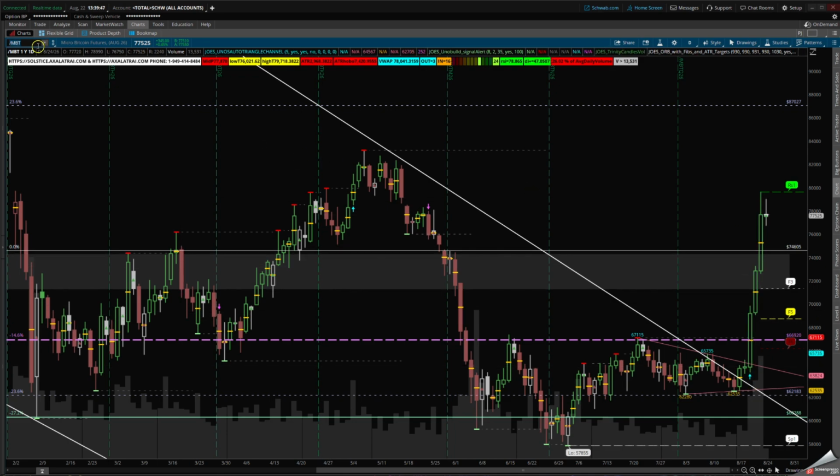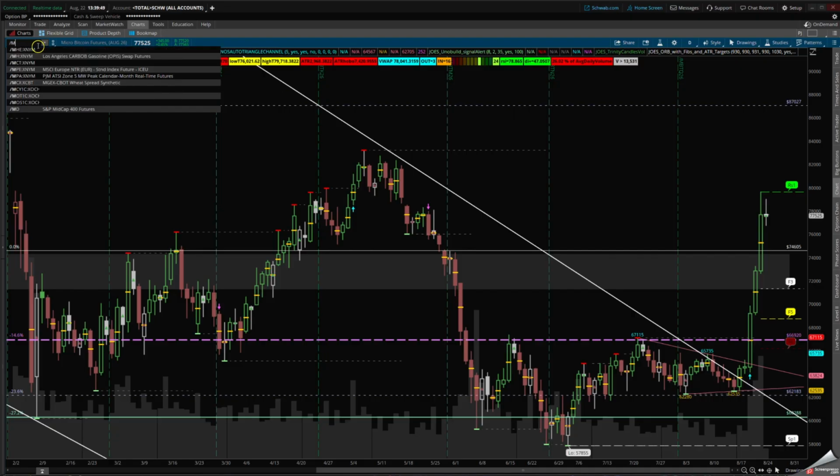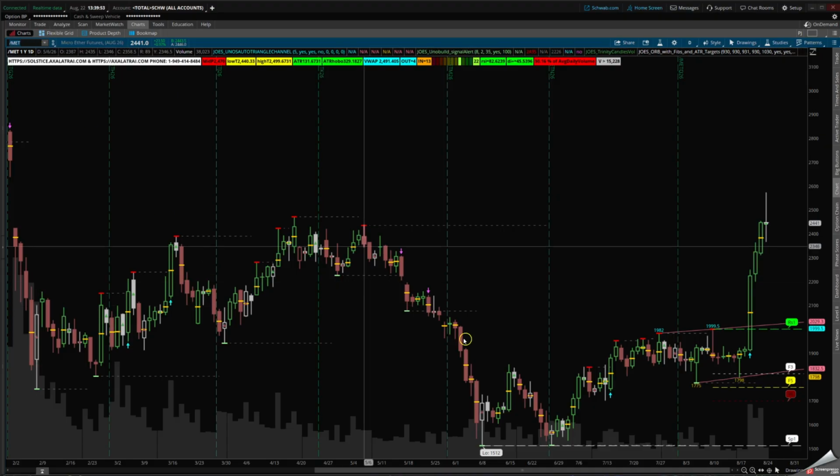And if I do the same thing with micro Ethereum, you can see the same thing on the charts in micro ET. You can see that large consolidation and the breakout we had on Friday, look above and fail. This is very important because this is the gap on the charts on micro ET, which is Ethereum. That would be very important on the charts to continue higher or not.